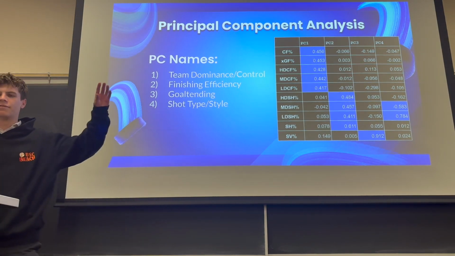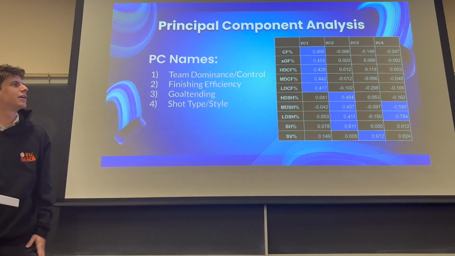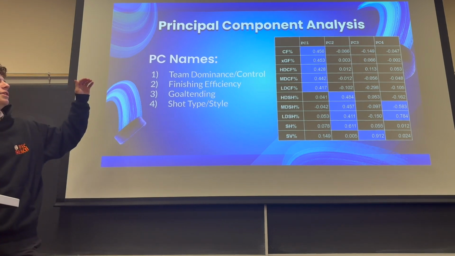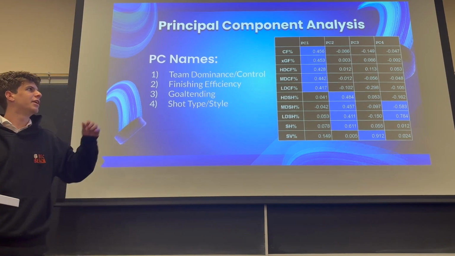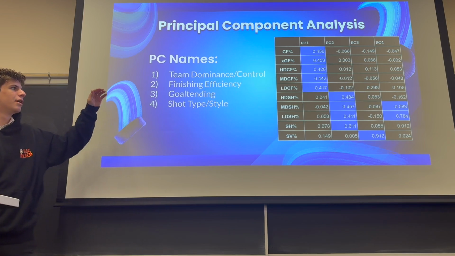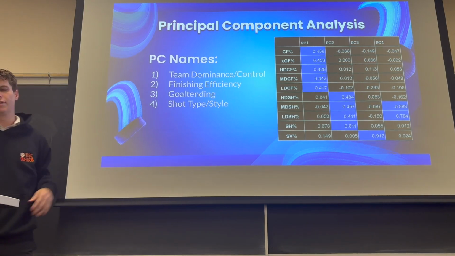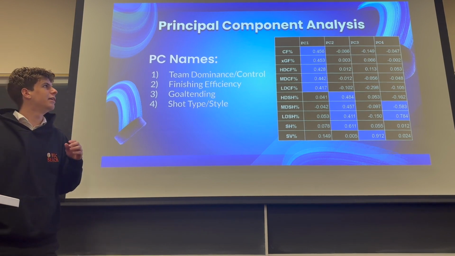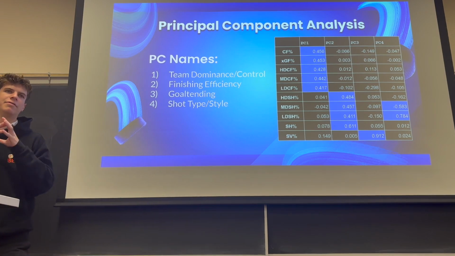So I gathered these main metrics. This is all from Natural Stat Trick. So it's Corsi percentage, which is kind of like possession, and then you have expected goals, chances for, shooting percentage, and then save percentage. And what PCA does is it kind of